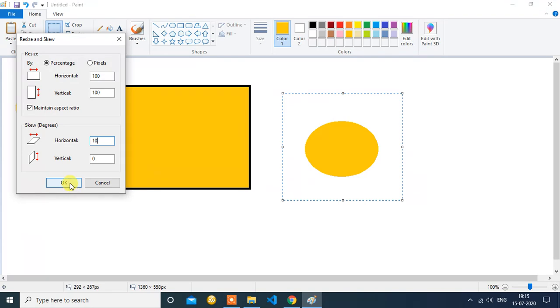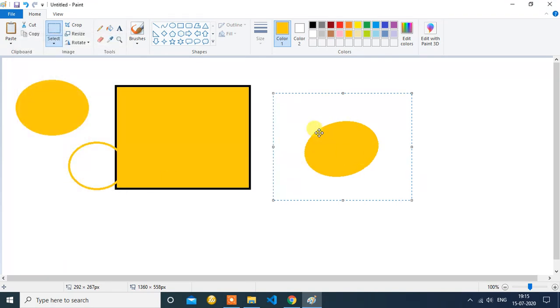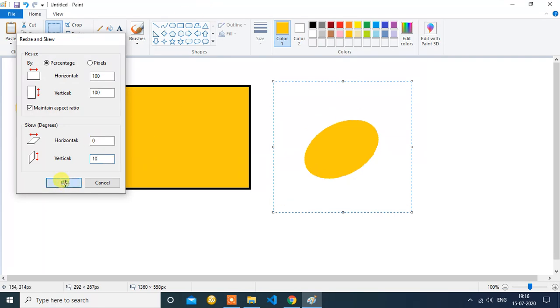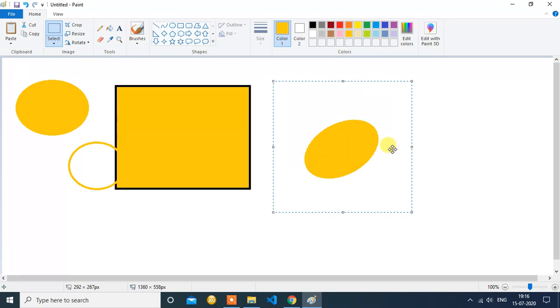As you can see, if I click here, it has moved. And if we want to move it vertically, we can just go for the vertical one. Here we go. Now it is vertically moved.